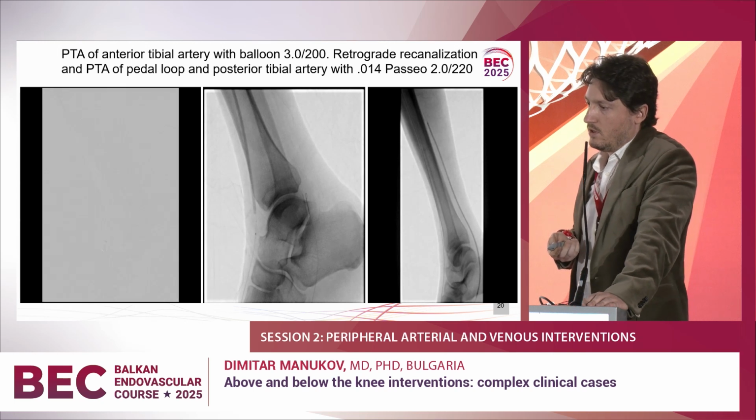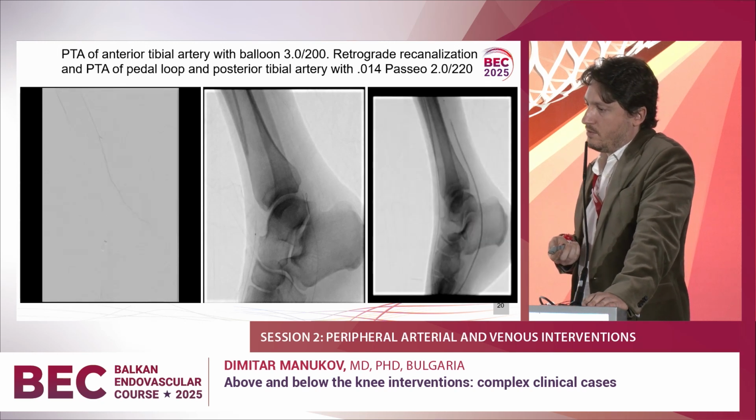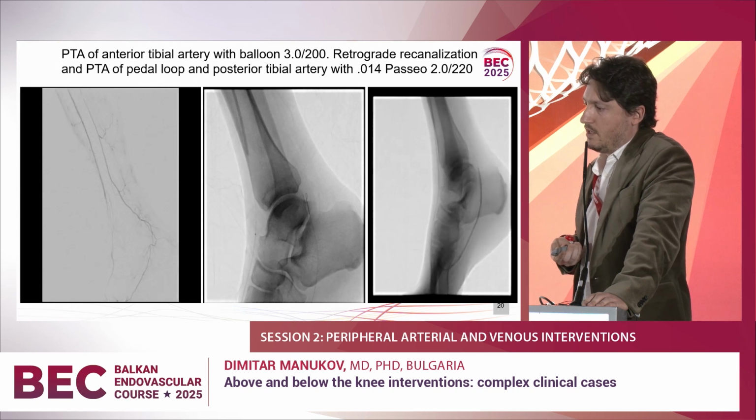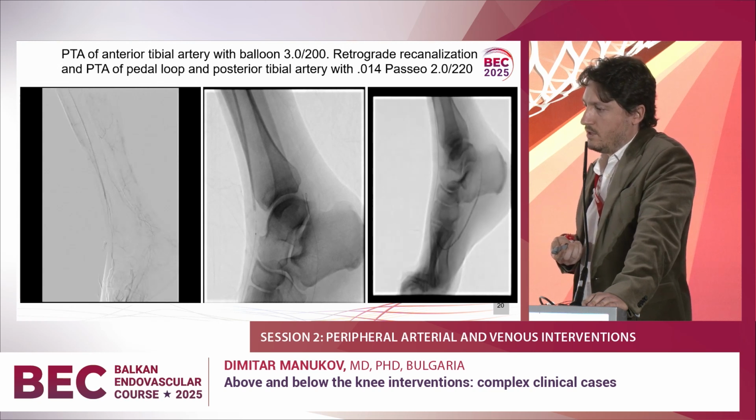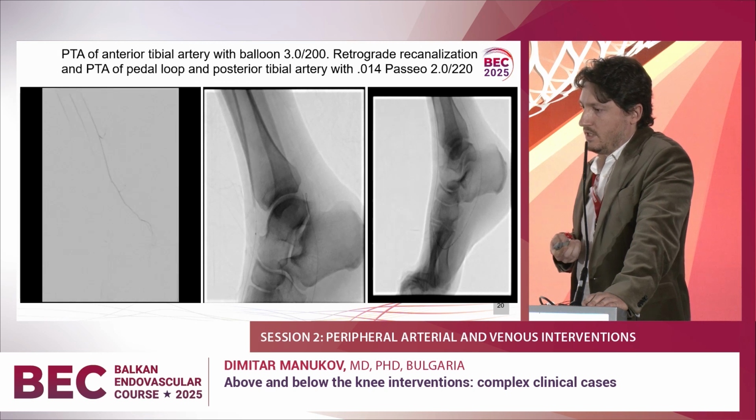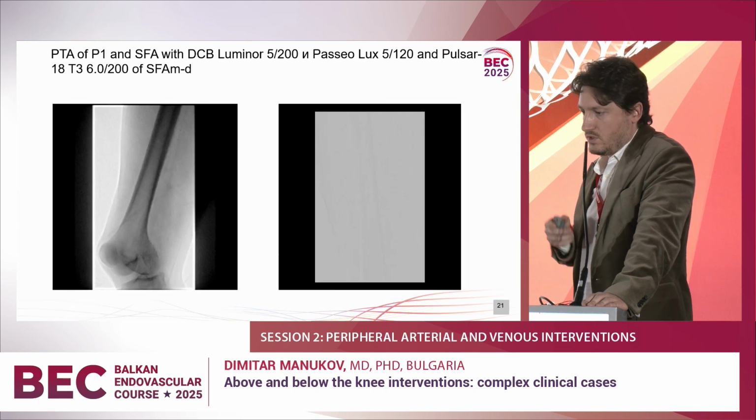With the support of the balloon, we pass the whole posterior tibial, as you see on the right, and we perform PTA of the whole posterior tibial, the pedal loop as you see now, and the dorsalis pedis again. After that, going back to the SFA, because there was some long occlusion,